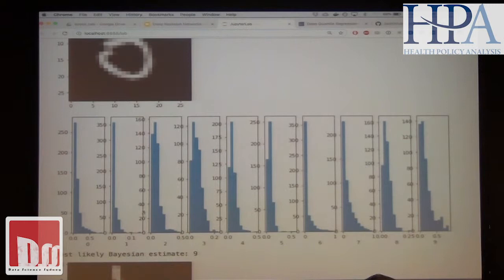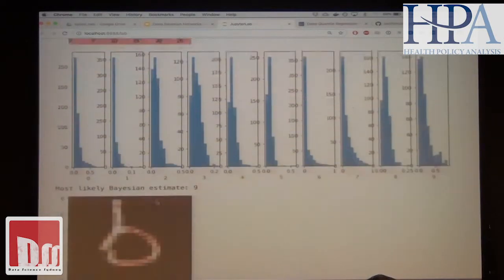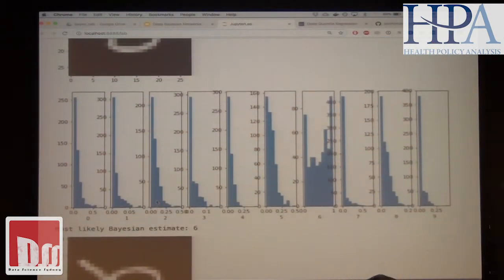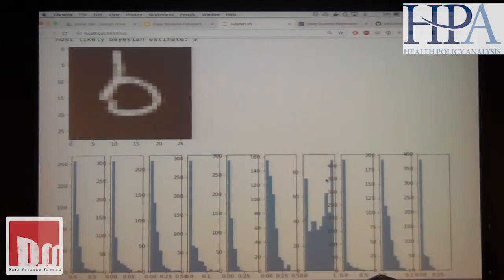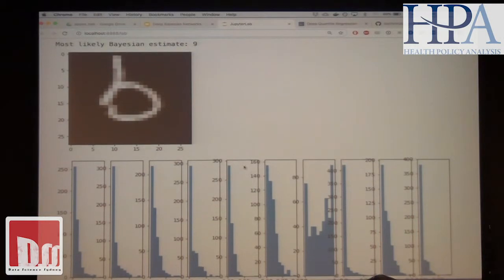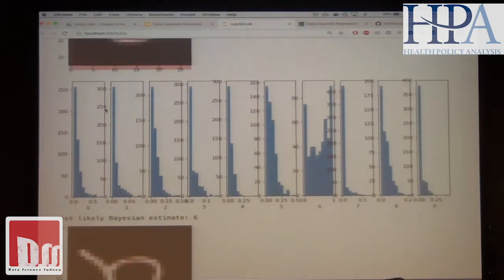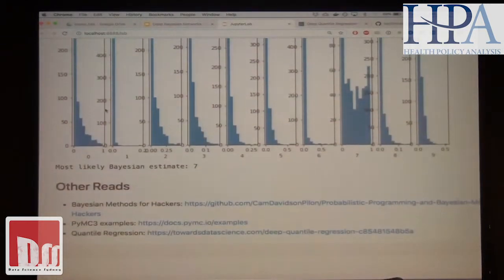Once I get to there, it's starting to look like a 6. When it turns all the way around, I'm pretty sure it is saying it's a 6 if you take the average, but there's high variance over there as well. The reason might be that the 6 is curving backwards, whereas people normally write the curve the other way. Again, the point being, there's a lot of uncertainty in this.